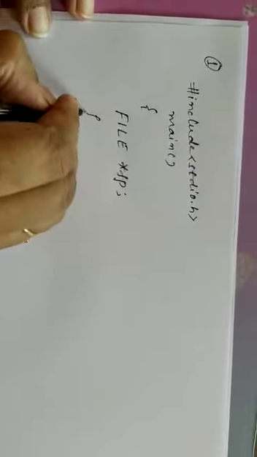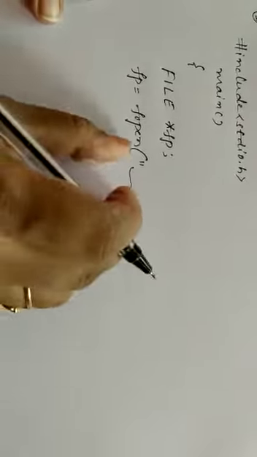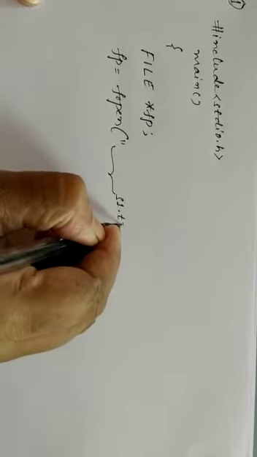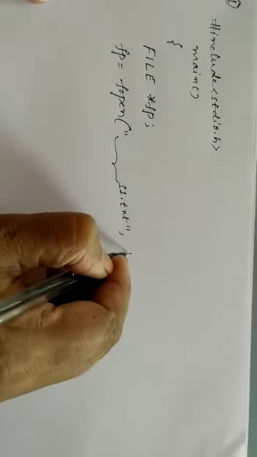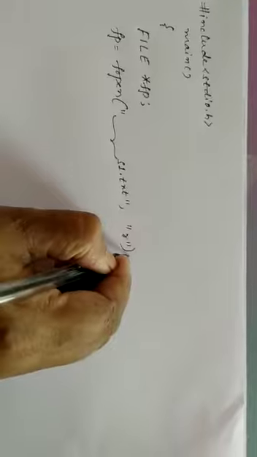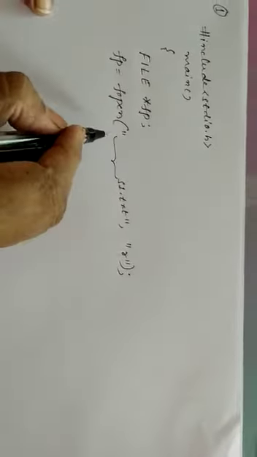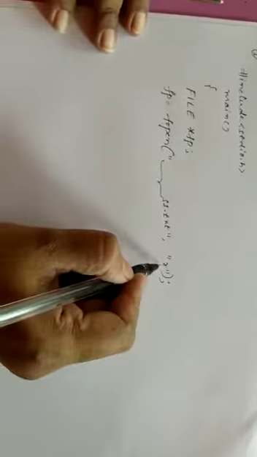How to declare a file pointer? FILE should be in capital letters, and FP refers to a pointer. And how to open a file? fp is equal to fopen, what is the syntax? How many arguments will it have? Two things. One is that you need to provide a path, and that should be enclosed in double quotes, the relative path where you are creating, followed by, I'll give s1.txt, the complete path, and the mode. Only two arguments.